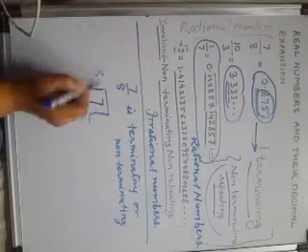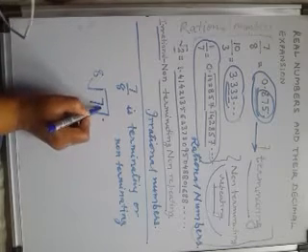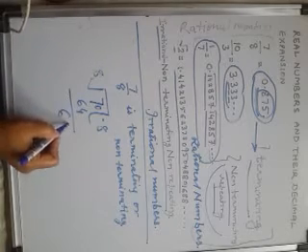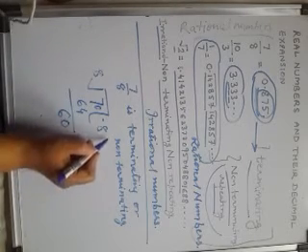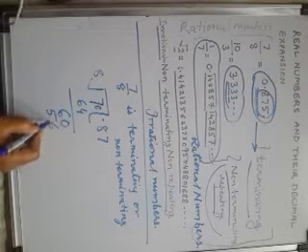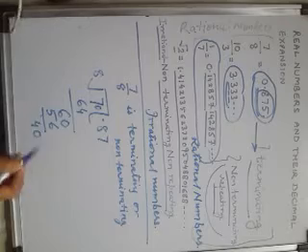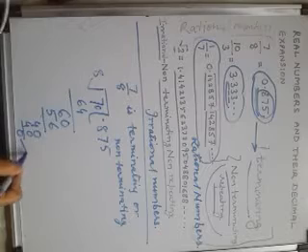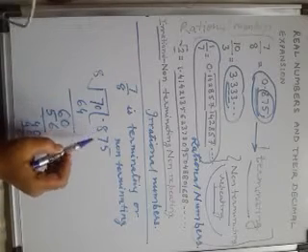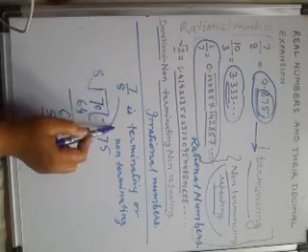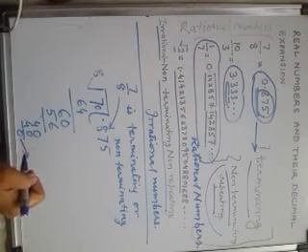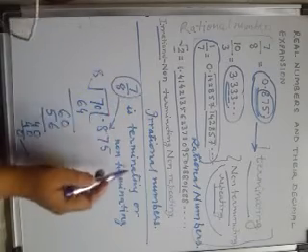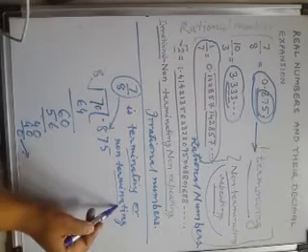7 divided by 8. What you do is point, then 0, 8 8s are 64, then there is remainder 6, then you put a 0, 8 7s are 56, here comes out to be 4, then you put a 0, 8 5s are 40, and the remainder is 0. So, when you get the remainder 0, it means the rational number is terminating. This is one way of checking whether this rational number will be terminating or non-terminating repeating.